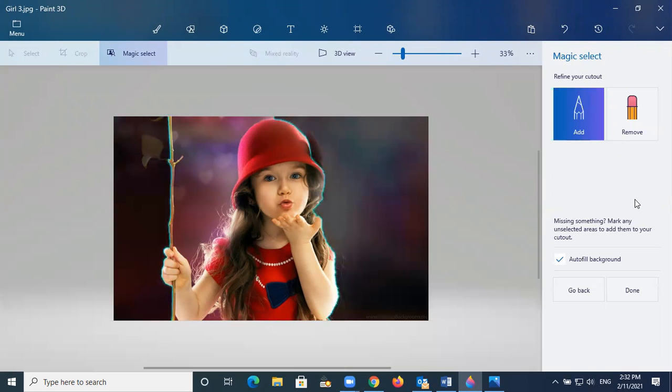When you click Next, you will see Add and Remove here. Remove means which part you want to remove. Add means which one you want to include. When you check these things, first check the line here. This line shows they are going to remove this part, only this side part. And then this line shows they are going to remove this part. So they are not going to remove this part because the lines start from here.